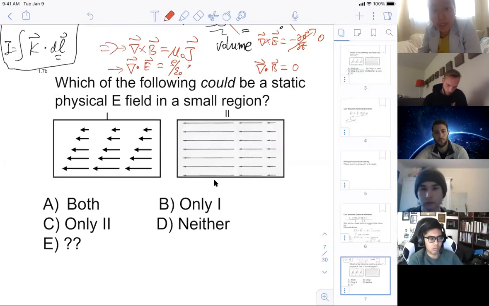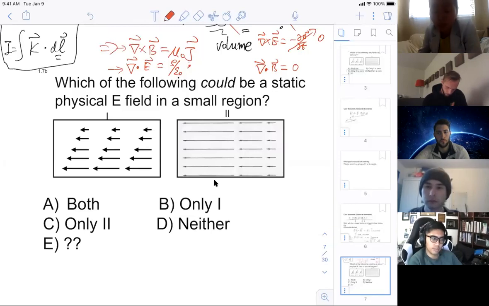Yes, static, very good. In the sense that it's not time dependent, right? If charge starts moving, we may have current and we're dealing with the B field, and then that's not an E field. But on top of that, it also has to be time independent. It doesn't change with respect to time. So for a static E field,